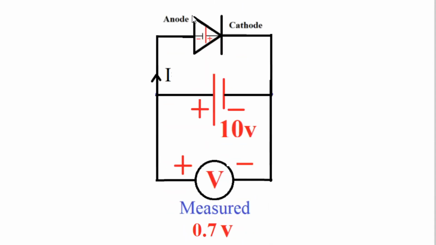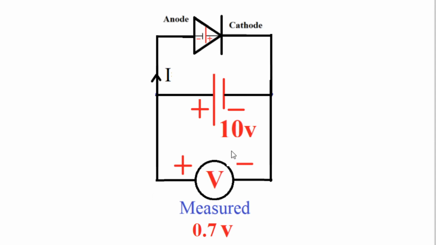Here we have taken the anode and here the cathode. The anode is connected to the positive of the battery. The cathode is connected to the negative of the battery. The battery is how many volts? 10 volt. Now the anode is connected to the positive of the 10 volt battery, and the cathode is connected to the negative of the 10 volt battery. What will happen here now? The diode will conduct, because the barrier potential is 0.7 volt and the applied voltage is 10 volt. The applied voltage is much greater than the barrier potential, therefore the diode will conduct.